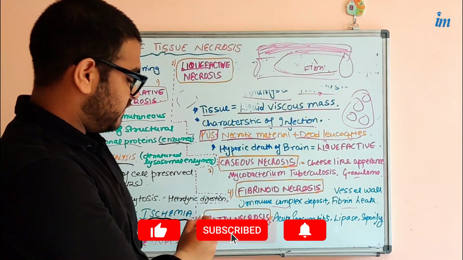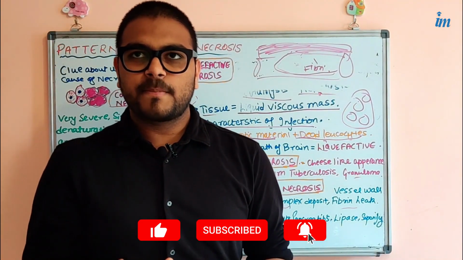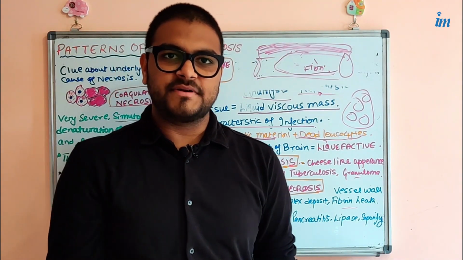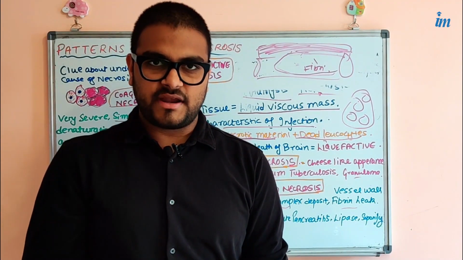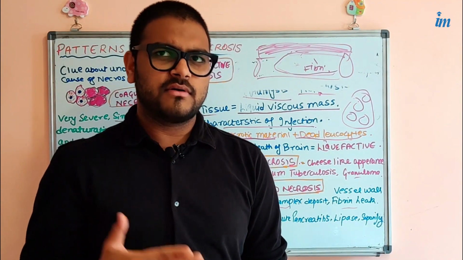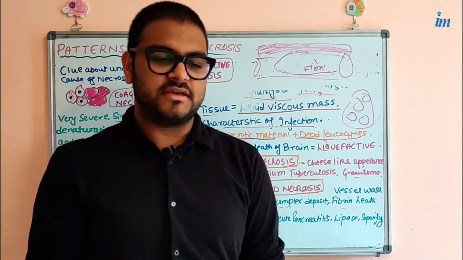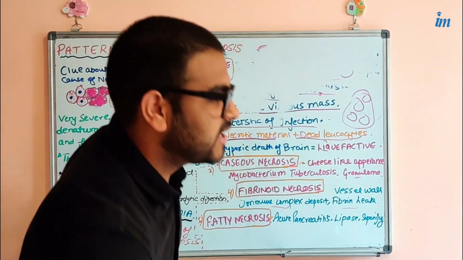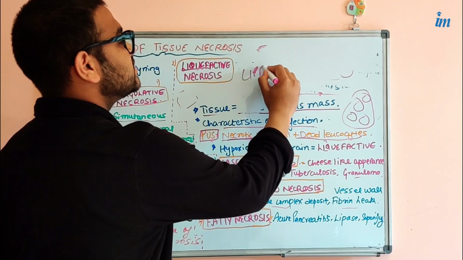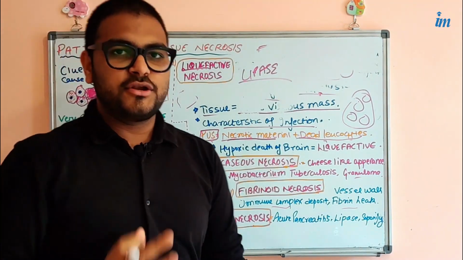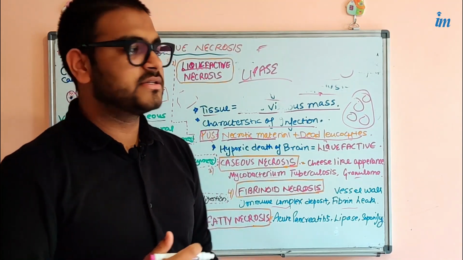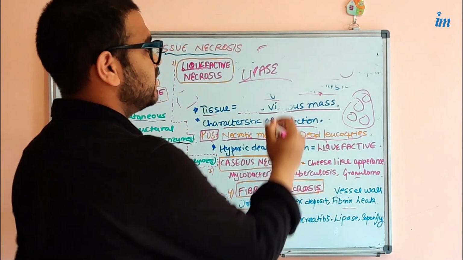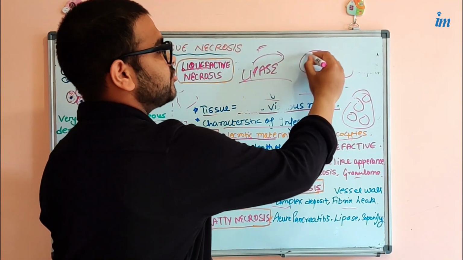The other type of necrosis is fatty necrosis. It is not a true pattern of necrosis. It is what we say destruction of lipids. How? For example, in acute pancreatitis, there is inflammation of the pancreas, and this somehow leads to the appearance of lipase outside the pancreatic tissue. The lipase leaks from the pancreatic acinar cells into the peritoneal cavity. And in the peritoneal cavity, there are a lot of lipids, and the lipase that leaked destroyed the